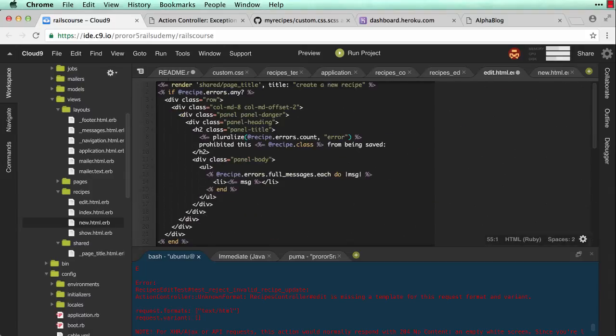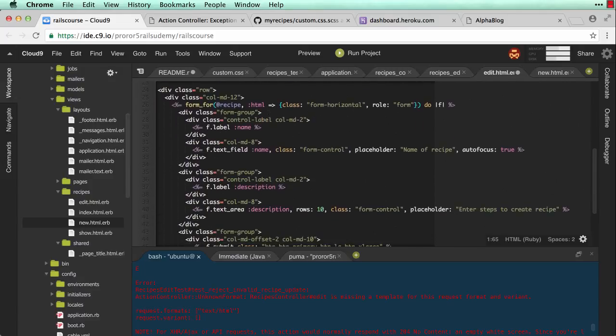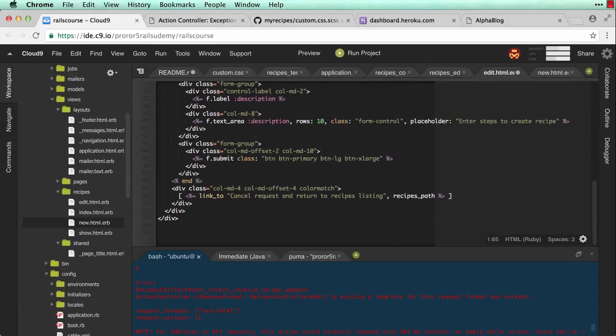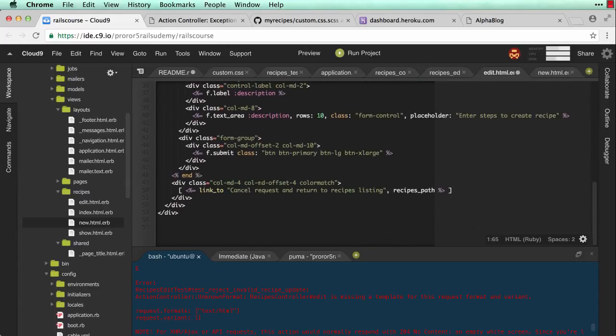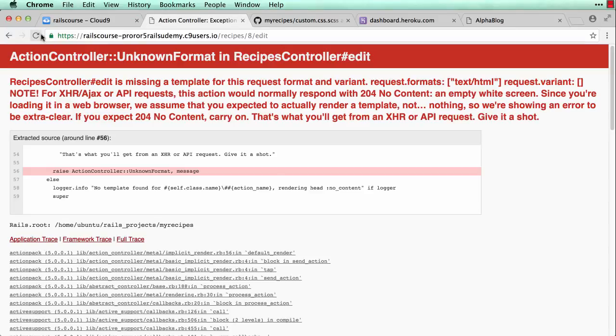There are going to be some differences, like over here, the title, the shared title, it's not going to be create a new recipe. I'm going to change this to edit an existing recipe. Okay? And then if recipe errors any, there's my errors. That should work. And if we scroll down, there's my form with name and description. Okay, so everything else remains the same. I'm going to save this. So now I have my edit form. If I go here and reload,